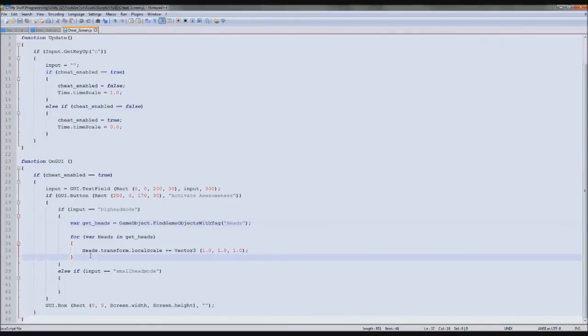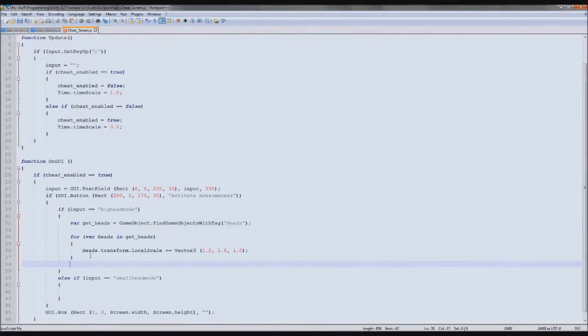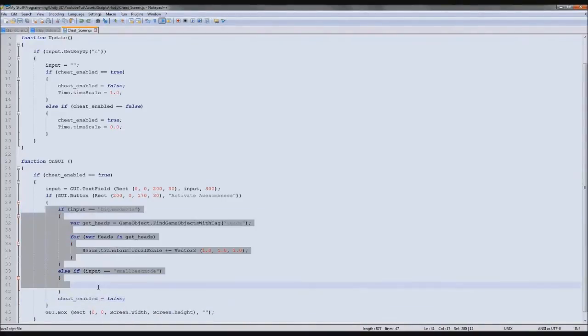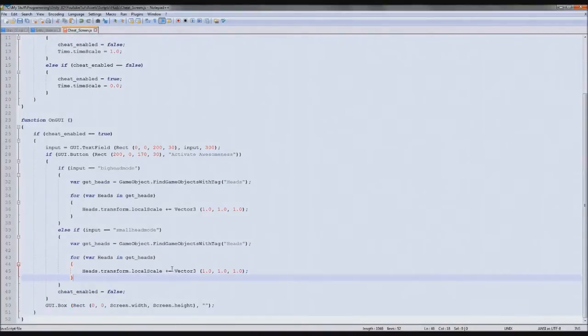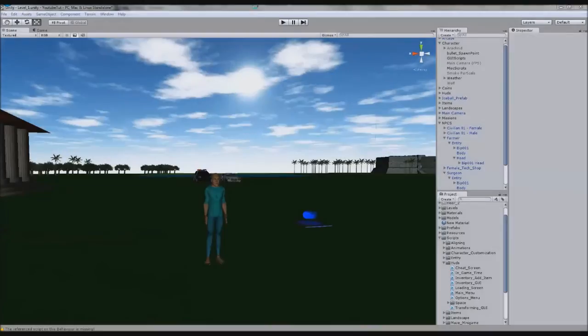So just at the bottom of this, cheat enabled, do it here, equals false. So when we click the button, it'll activate any cheat it finds, then just turn the screen off so you can see it all anyway. So copy this entire line here, paste it in here, and we'll do the same again, but minus equals. So either way, it's either going to take that off or set it so